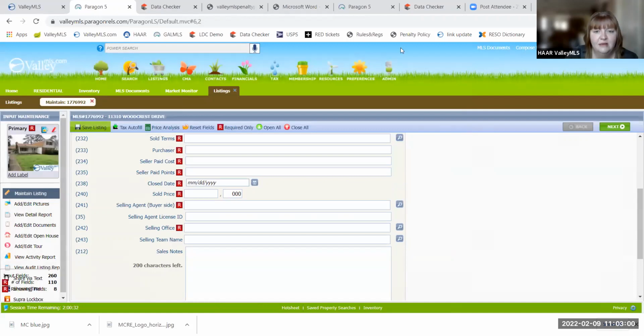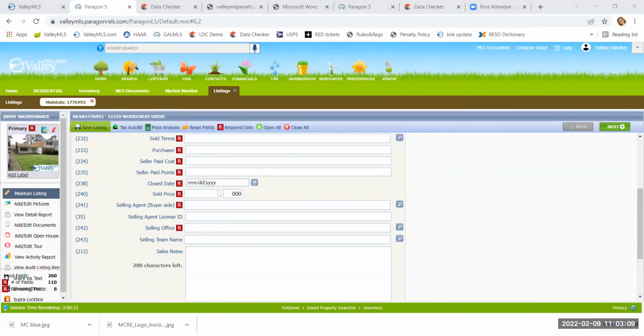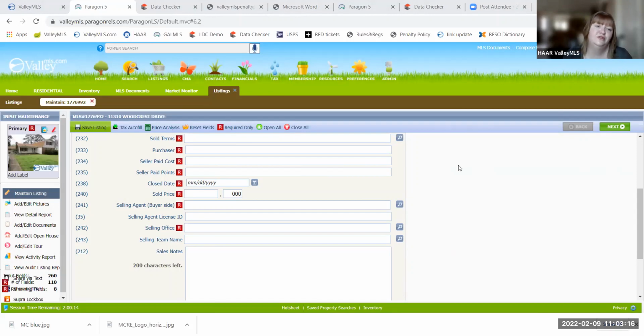Let's see. Okay, answer that one too. So the searches we talked about already: the originating system ID, and the subdivisions and the elementary schools and those kinds of things, using the contains field instead of equals. The other thing is streets. I do think that they've moved to fix this, but for a long time, they didn't spell out words like road and lane. And so if you were to type in Thompson Lane, LANE, it wouldn't bring their listing in because it was Thompson LN.